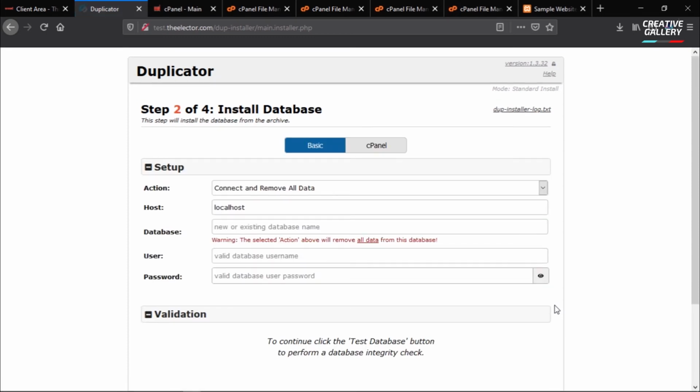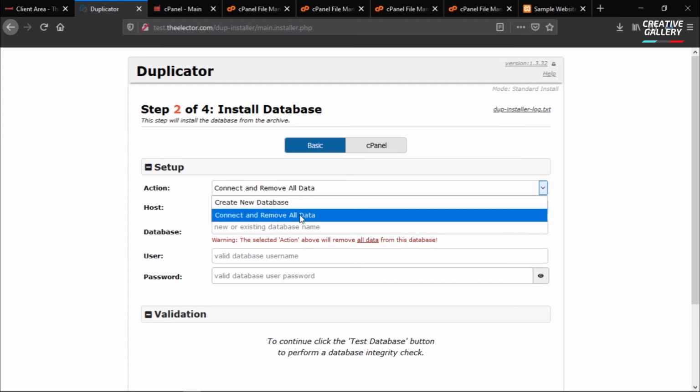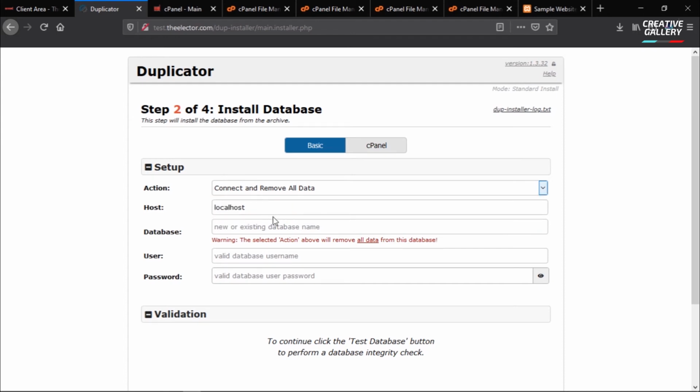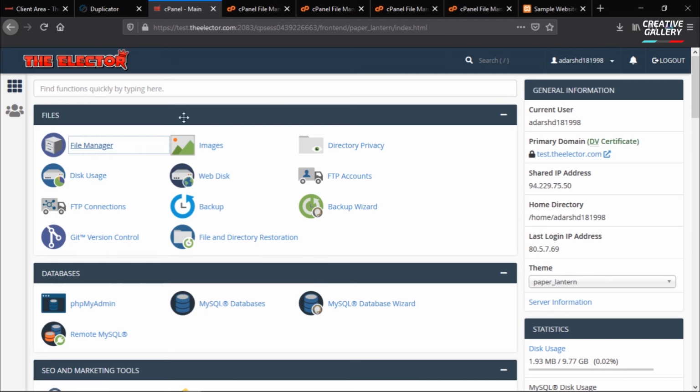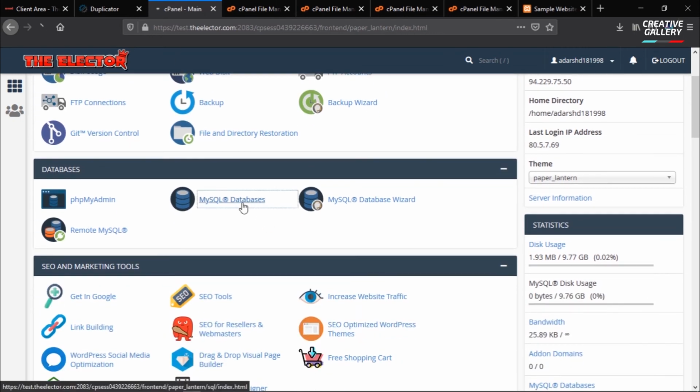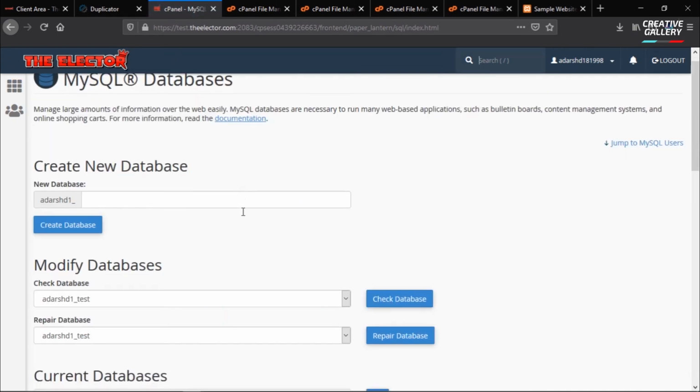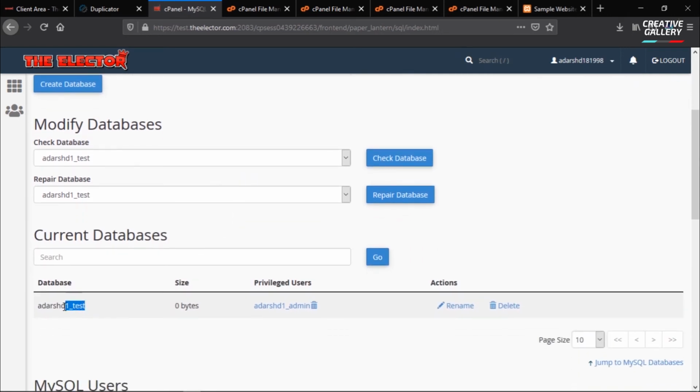So after extracting those files, there will be an option like install database. Here we choose the option connect and remove all data, and for localhost, just keep it as such. Then you should give the name of the database that we created earlier. If you have any doubt, you can go to the cPanel and go to MySQL databases, and this is the database name.